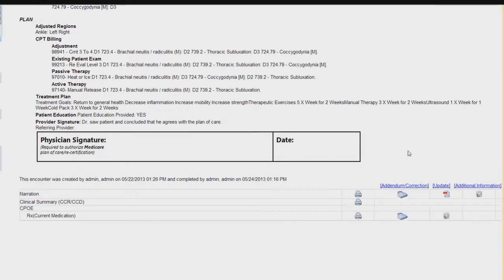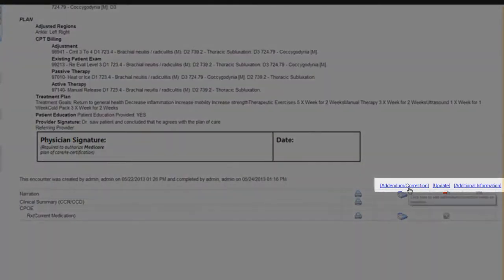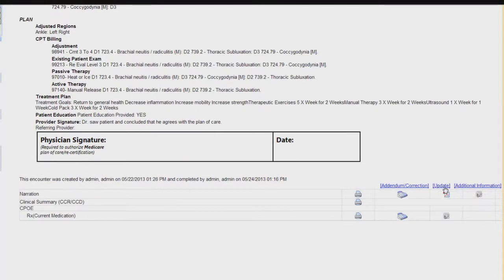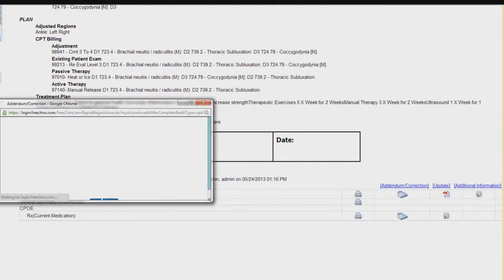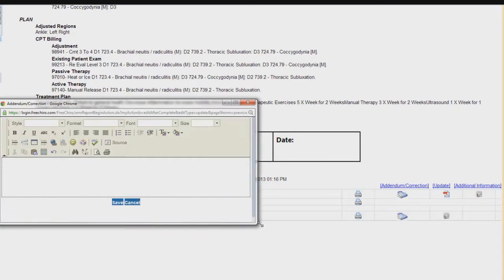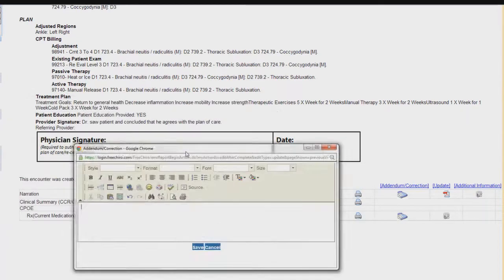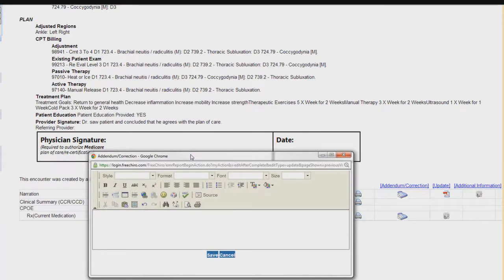And once we scroll down to the bottom, we have these options called Addendum, Correction, Update, and Additional Information. So I want to update this chart. I'm going to click on Update, and a box will appear. Make sure you expand it all the way so you can see the Save and Cancel button. And I'm just going to say that Dr. Lee